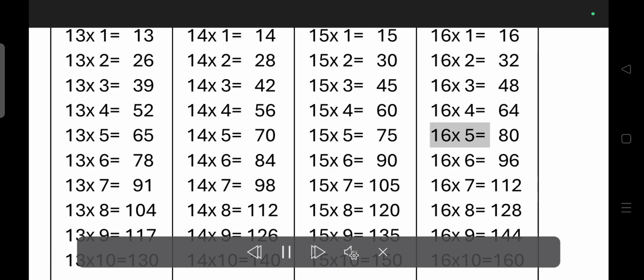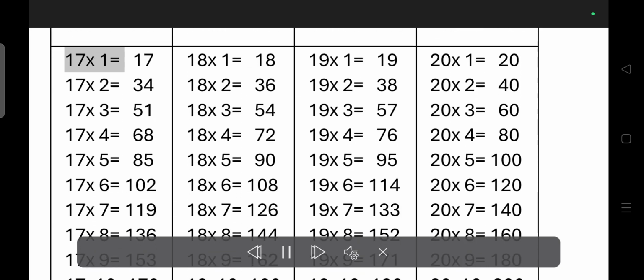16 times 5 is equal to 80. 16 times 6 is equal to 96. 16 times 7 is equal to 112. 16 times 8 is equal to 128. 16 times 9 is equal to 144. 16 times 10 is equal to